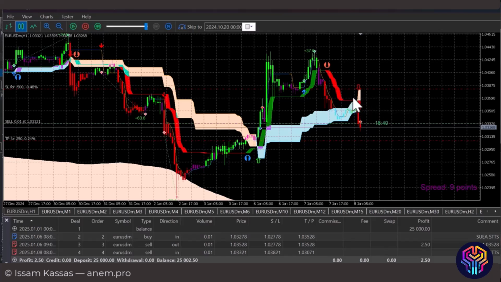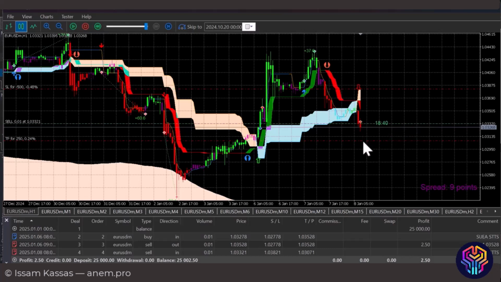Even though the arrow might be shown and removed, the Smart Universal Expert Advisor is based on the close only. And that's why it's non-repainting, because if it's not based on that, it's going to open a lot of trades and you're going to be losing money for nothing. But the Smart Universal Expert Advisor makes sure that the arrow or the signal is solid before it opens the trade. Now, with that being said, the moment the arrow shows on the chart, the Smart Universal Expert Advisor is going to wait for the close to make sure that the arrow is true, and then open the trade right here,